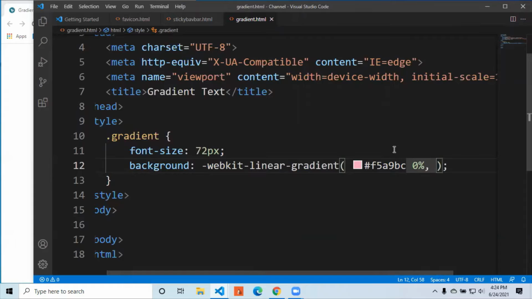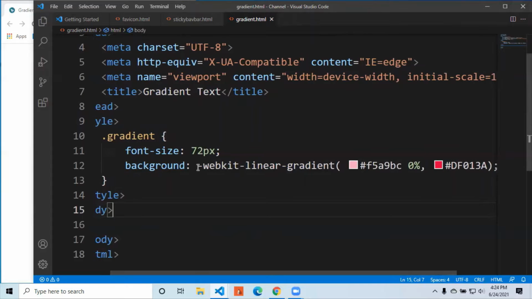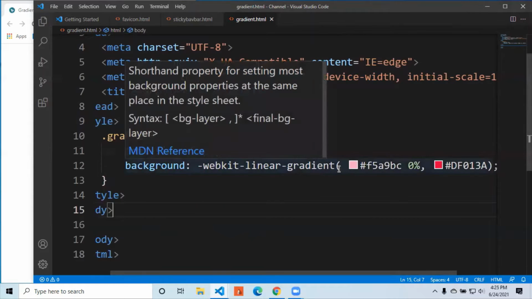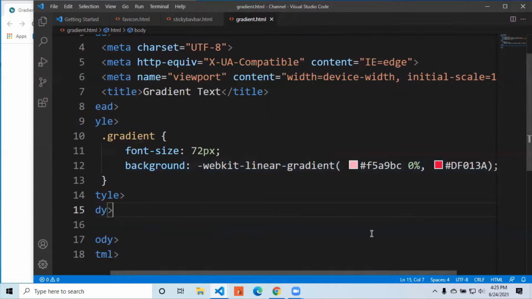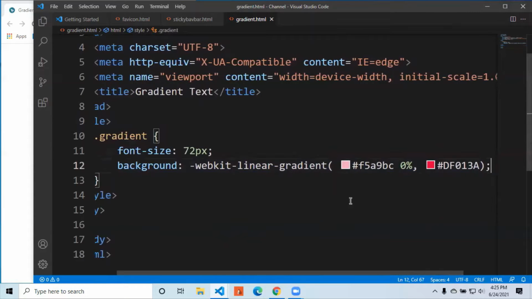I have used a light pink. After that, I am putting 0%. Then I am going for a darker pink, so it will be a gradient from light to dark. I have entered both the values, so it is showing whichever colors I have chosen, a light pink and a dark pink. So the second is background WebKit linear gradient. I have given both the color codes. So after this,